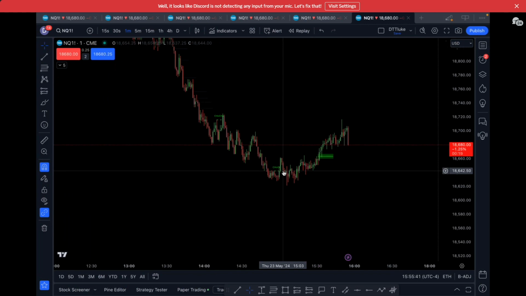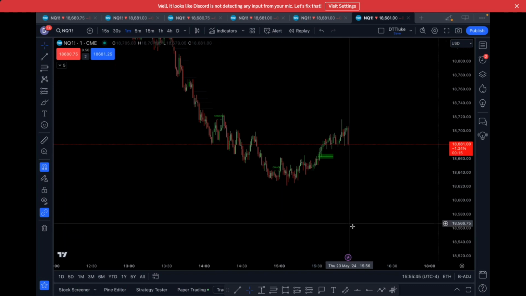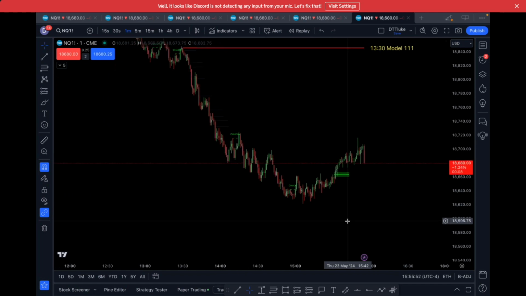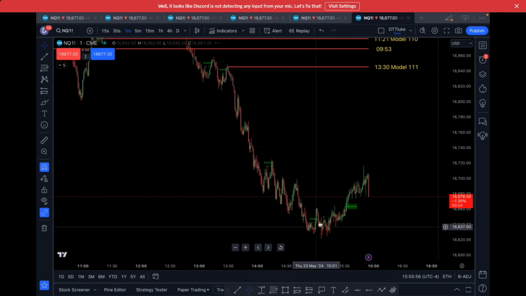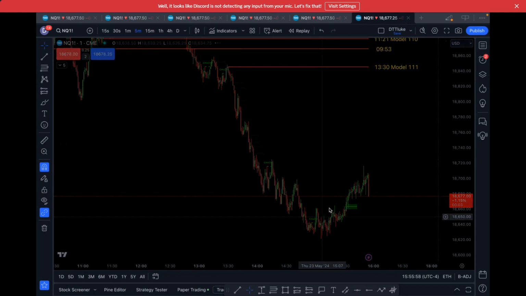All you have to do is just wait for a structural change. If we get a bearish one, we take that one. If we get a bullish one, we take that one. But that's not how it works. Okay, it's not a 50-50 game. You have to know that we've been bearish. Okay, if you go on the 5 minute,